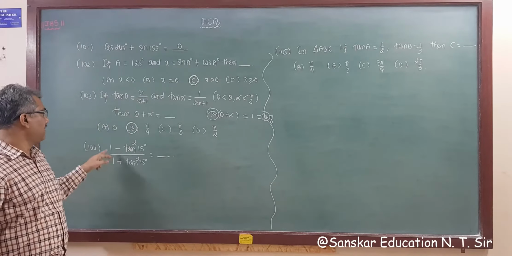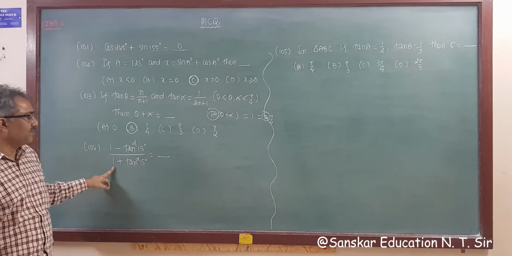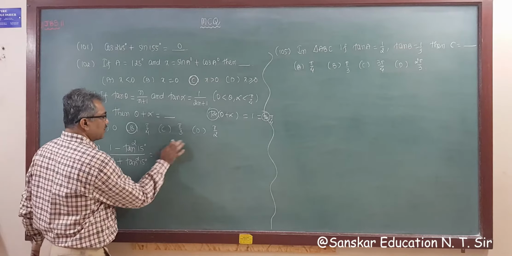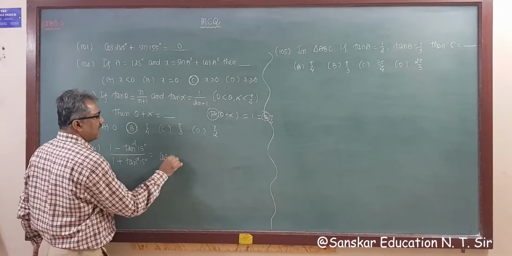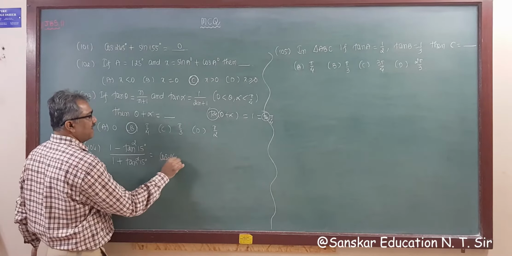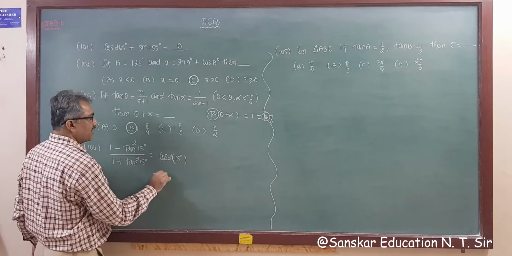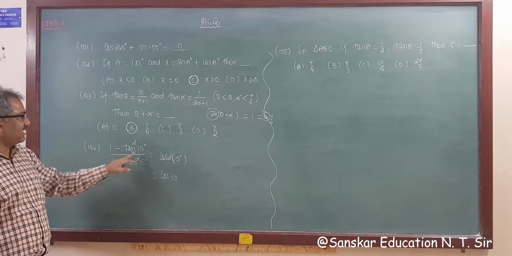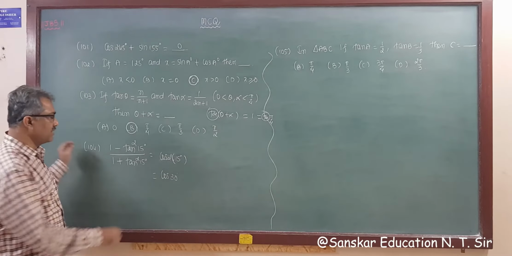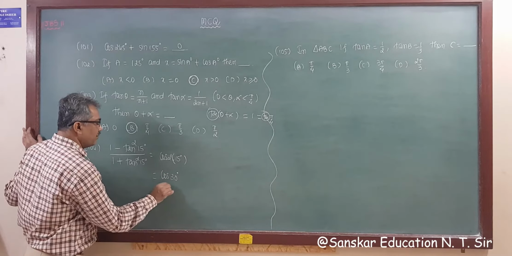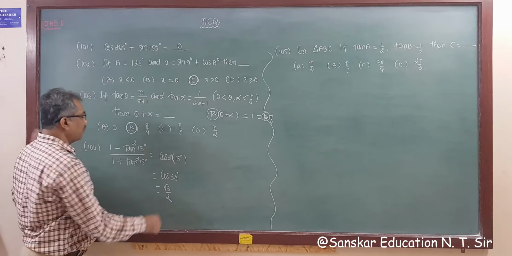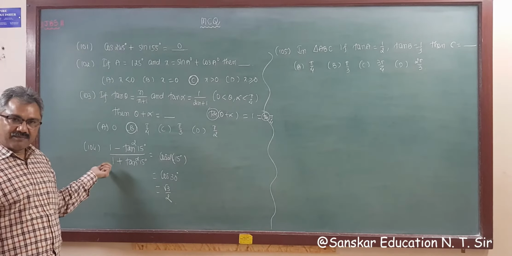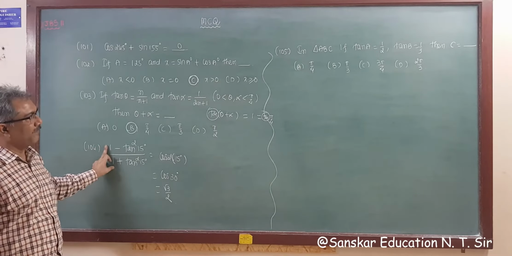That is your answer. Now this is 1 minus tan square theta upon 1 plus tan square theta. You know, the answer of this is cos 2 theta. Right? So 2 theta is 15 degree, so the answer is cos 30 degree. This is the formula for cos 2 theta. Theta is 15 degree. So cos 30 is root 3 by 2, that is your answer. So no need to write the value of tan 15 and simplify; this is the formula.